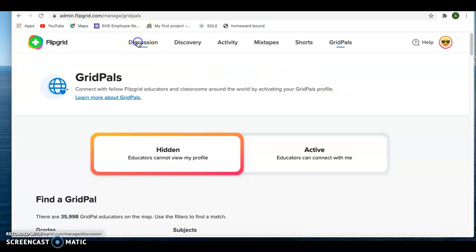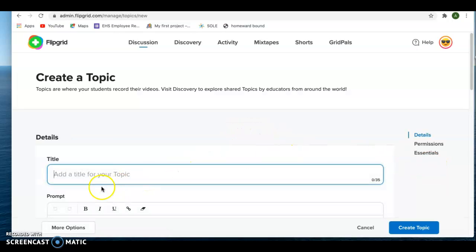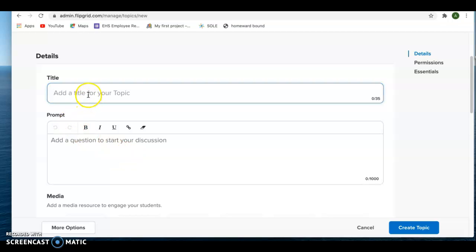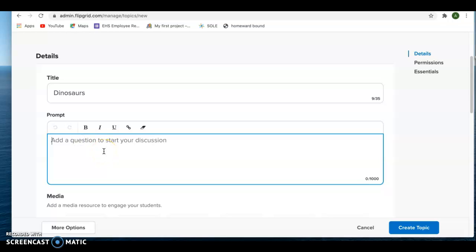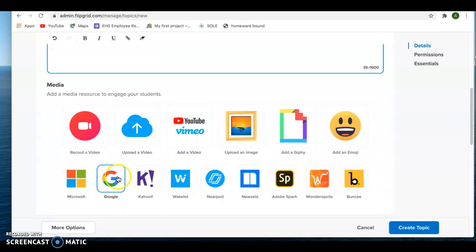Whenever you come back to the discussion board, here's where you would want to put your discussion. The first thing that you need to do is add a topic. Once you've added a topic, you want to add your title, which we will do dinosaurs, and then the prompt where you ask your question, what type of dinosaur do you like? And then you come down here and you can add different kinds of media options